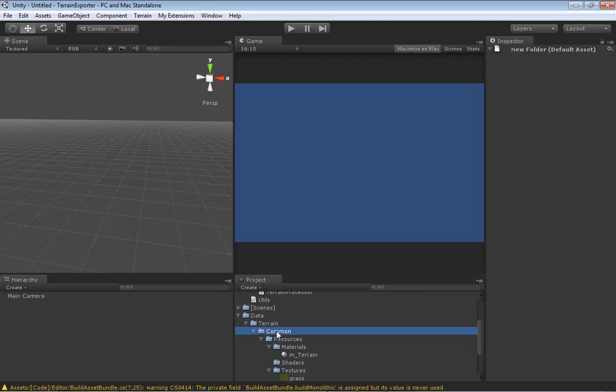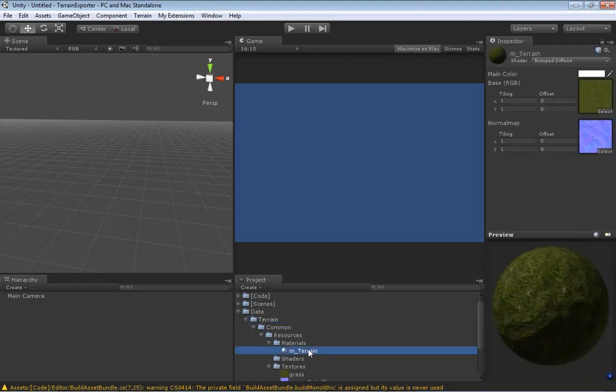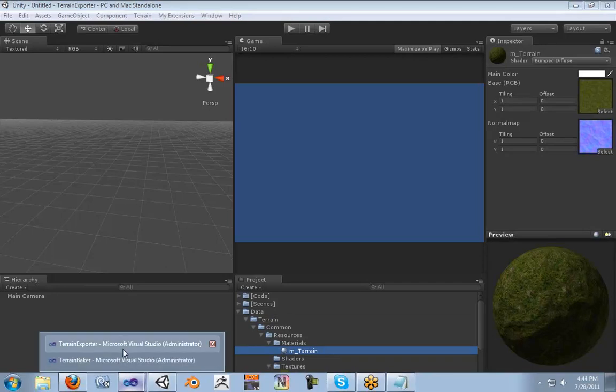So each of these states have to be determined, and then we have to take the appropriate actions. So let's start off by seeing what we can do to figure out what has been selected inside of our project panel. To do this, let's jump back over to our exporter,